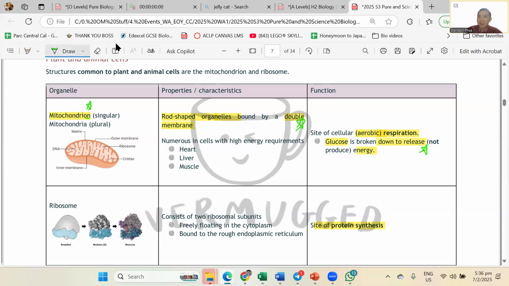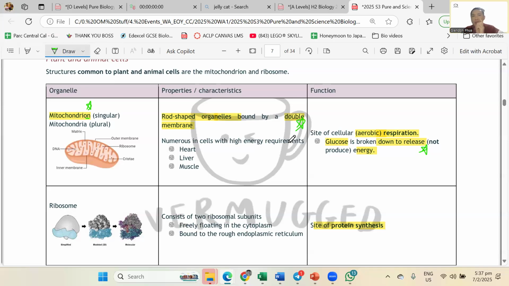The physics people will kick you if you say produce energy. Bio people actually don't care. To us, release, produce, nothing wrong. But the physics people say, cannot, energy can never be produced, only from the sun. So okay, we release energy. Your school teachers will probably also mark you down if you put the word produce. Because at O levels, they will mark you down. So take note of that. Okay, so far there are 4 stars.